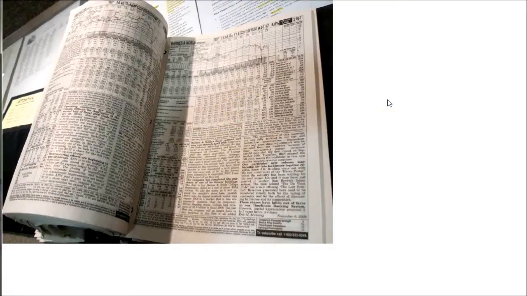So even though it's in print, doesn't mean it's not valuable. It's still a very good resource, and I would definitely encourage you to look at it. So there's Value Line. It's available at the second floor desk in Alden Library at Ohio University. Hopefully this helps you find the stock reports you need to effectively